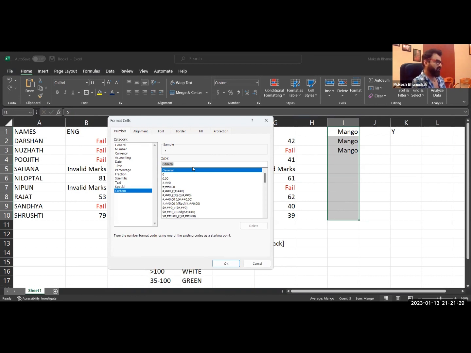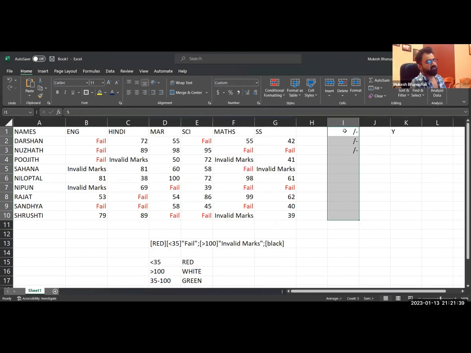ठीक है ना? Okay, so if I type like this, I say okay, you will see, तो उसने मैंगो की जगह पे ये कर दिया, but he is not showing me my numbers over here, है ना दर्शन? नंबर्स नहीं दिखा रहा, तो आप जो बोलेगे वो दिखाएगा. So I want to see my user input also. So you'll have to put a container over here. मतलब मैं चाहता हूं कि ये जो भी है वो तो दिखना चाहिए, लेकिन इसके पहले I want a container,